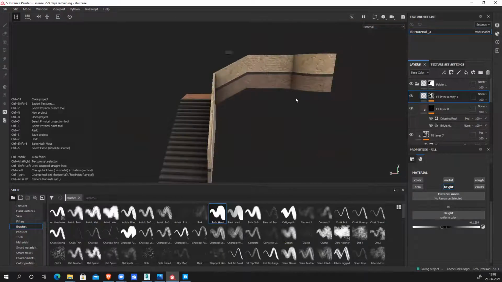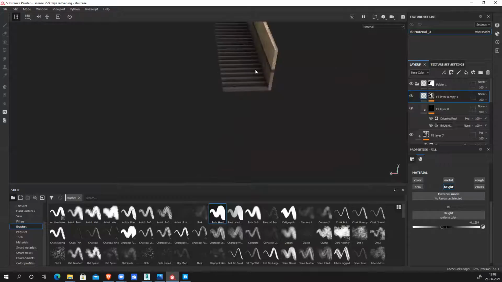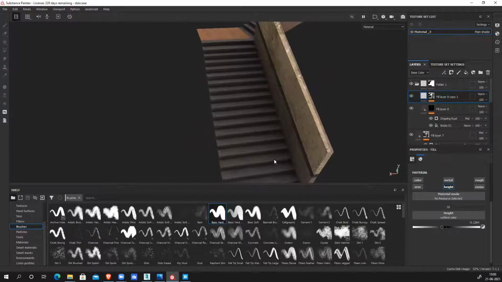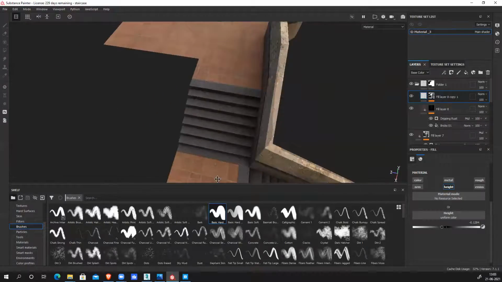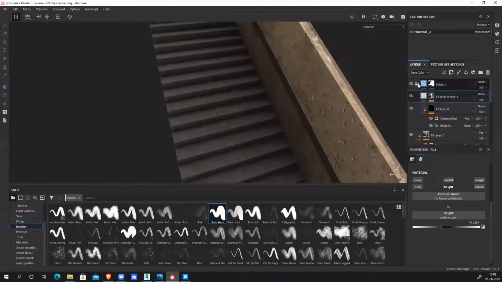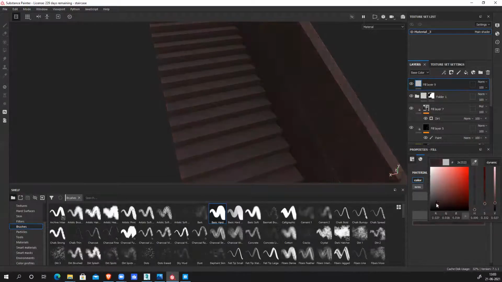Now this will generate all the details, then we'll import this into Unreal and fix all those things. And for this surface also, you can see it's super clean. If this is weathered, this also will be weathered. This cannot be this clean, and this cannot be this clean. I need some amount of dirt here. So I can add that dirt, and for that dirt I can use some color, or I can use some texture. I'll use a little brownish tint.